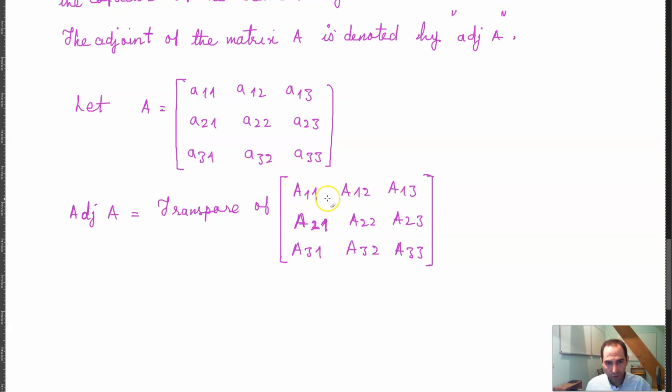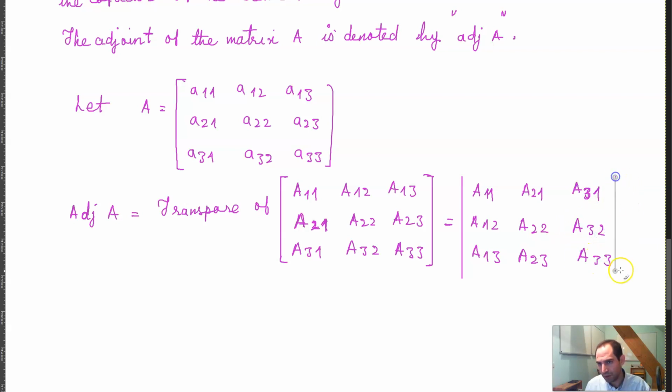you have to take each row and make a column out of each row, which gives you, for example, this row becomes one column here, so you get A of 1 1, A of 1 2, A of 1 3, then A of 2 1, A of 2 2, A of 2 3, and then A of 3 1, A of 3 2, and A of 3 3, and that is the matrix that is the adjoint of A. So you have A of 1 1, A of 2 1, A of 3 1, A of 1 2, A of 2 2, A of 3 2, A of 1 3, A of 2 3, and A of 3 3,